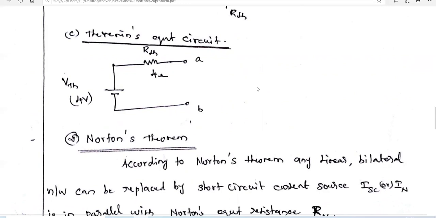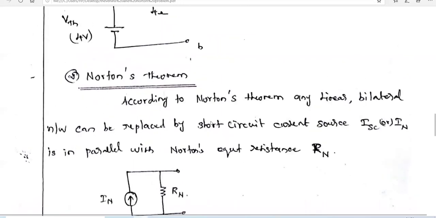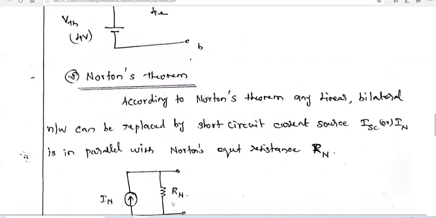according to the voltage source to current source transformation. Okay, we already discussed the source transformation technique in the previous videos. So using the source transformation technique, we may convert the voltage source in series with some resistance into the current source in parallel with the resistance. So directly we can write that the voltage source 4 volt in series with the 4 ohm resistor can be converted into the current source in parallel with the same resistance 4 ohm.